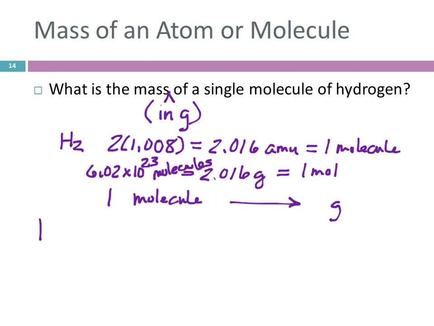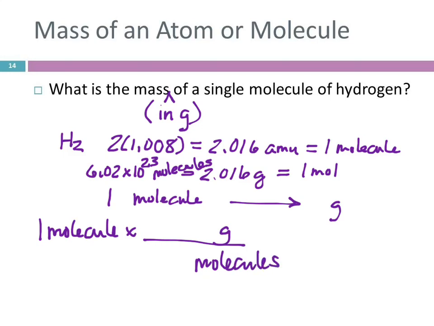So I'm going to do 1 molecule, and I'm going to multiply by grams and divide by molecules. Molecules cancel out. 2.016 grams is equal to Avogadro's number of molecules. Oops, lost the 2 there. That 2 is really important. So I've got 1 times 2.016 divided by 6.02 EE23 equals